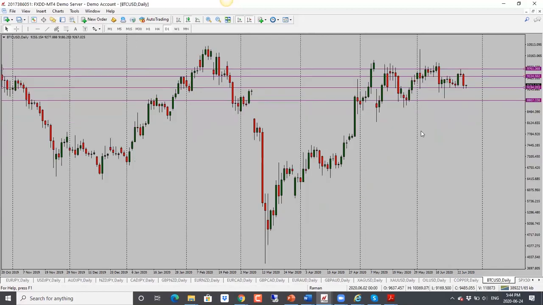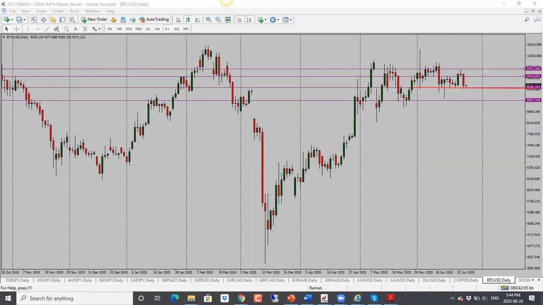Okay, next one, Bitcoin here. Bitcoin also had a rough day. We did see a drop in Bitcoin as well, and looking for a further drop, but watch out for the support. This is where price has been stuck for quite some time, and if it fails to break through this, then chances are it's going back into the range here. So bias for now is bearish, just with caution though, so keep that in mind.